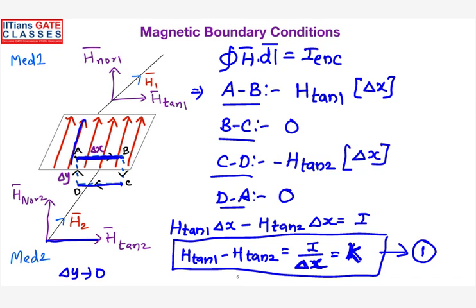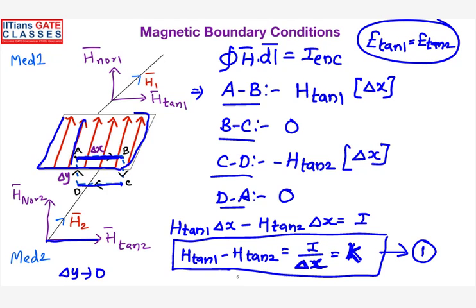So the summary is, when the wave enters from one medium to other medium, the tangential component of electric field is same. So that's what we have seen when E tan 1 is equal to E tan 2. So it doesn't matter whatever may be the interface it is. But when it comes to the magnetic field, the difference in the tangential component is exactly due to the surface current. So right now this is an interface which is separating two different medium. So the difference in the tangential component of magnetic field is equal to the current density present on this interface.